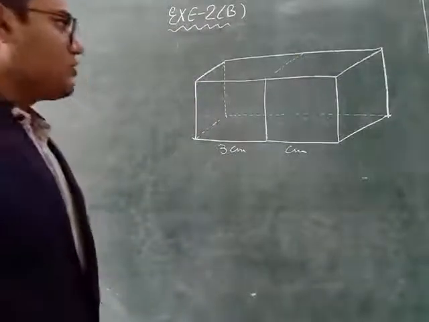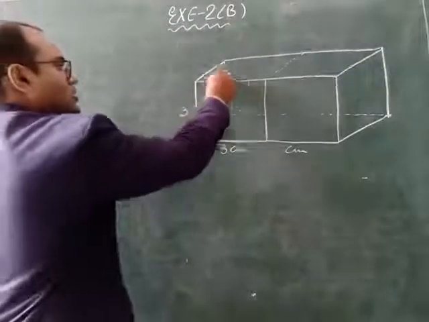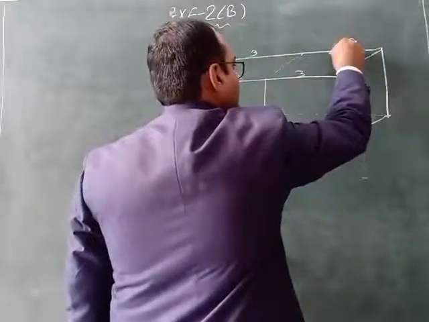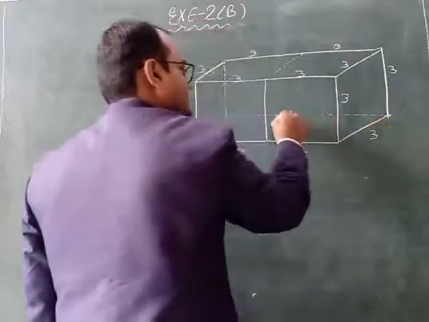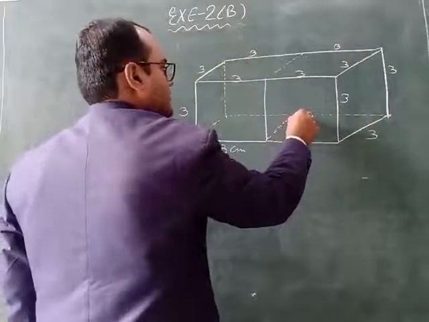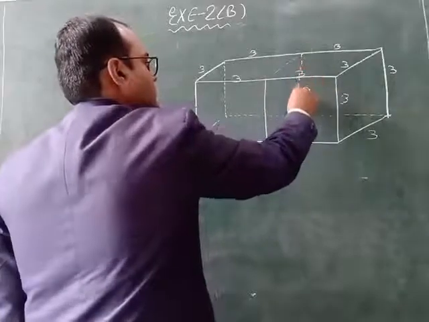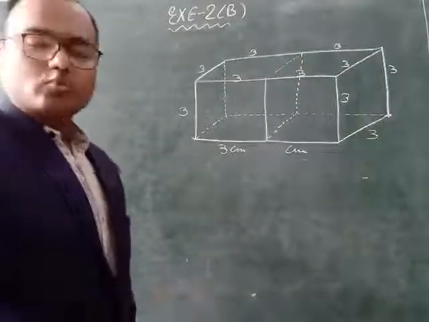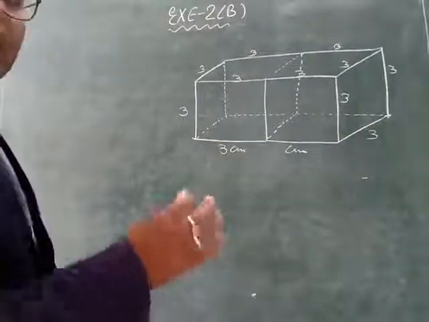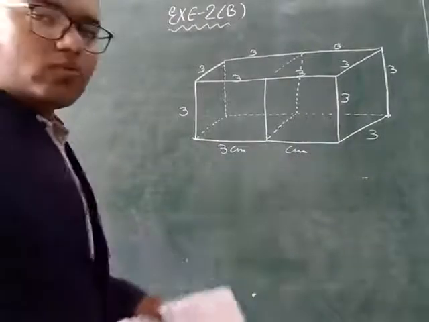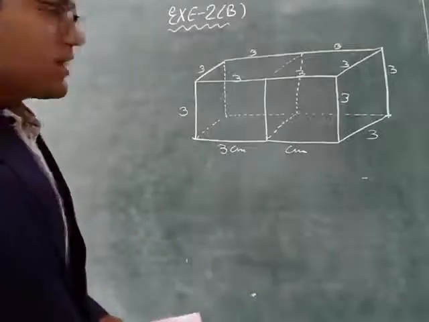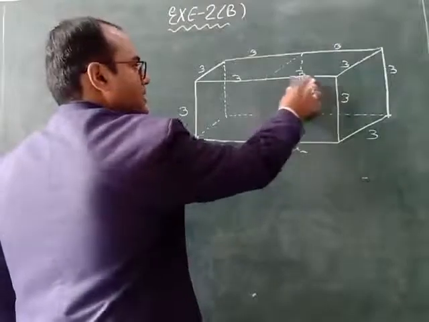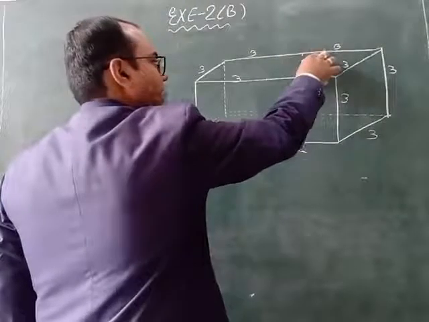So these are the two cubes. Both the cubes are of same size. All the sides are 3 cm because these are cubes and cubes have same side. So when we joined these two cubes, what we observed is that on joining these two cubes we are getting only a single figure. The middle part will get removed when we join them end to end.